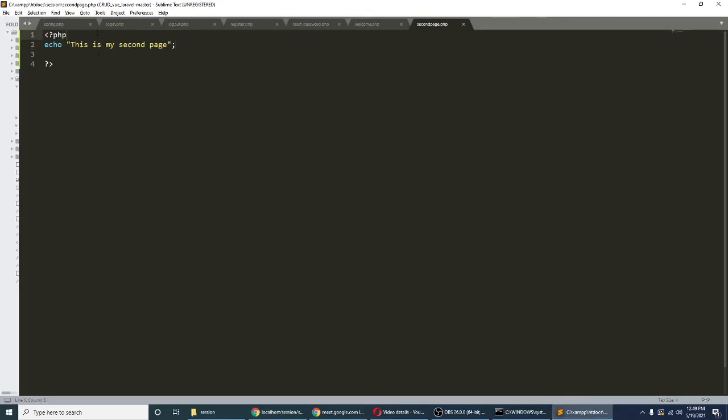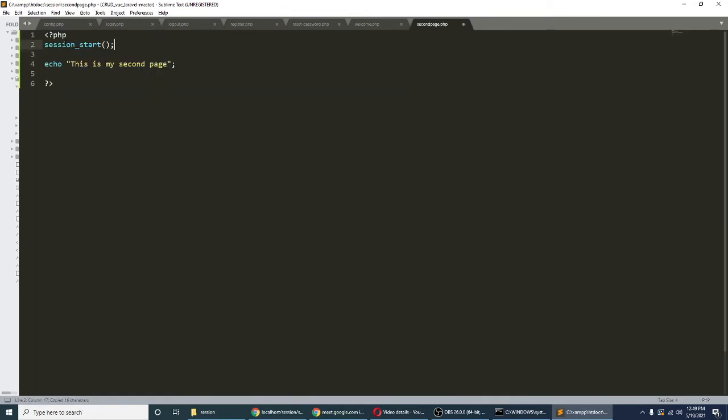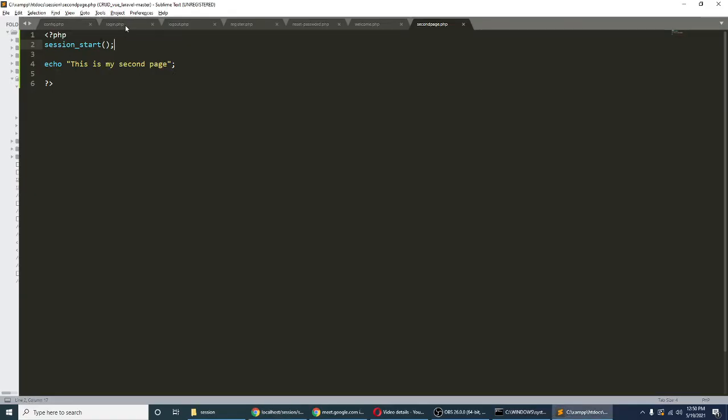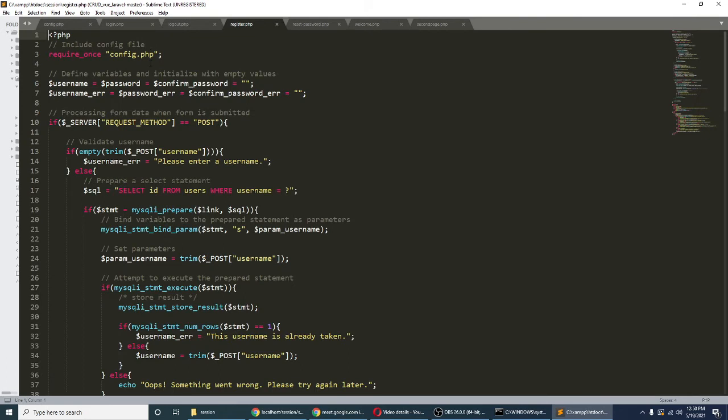So this is my second page. But once we put the session start, okay, save, then let's try. Wait. Session start will be initializing the session, and then we can